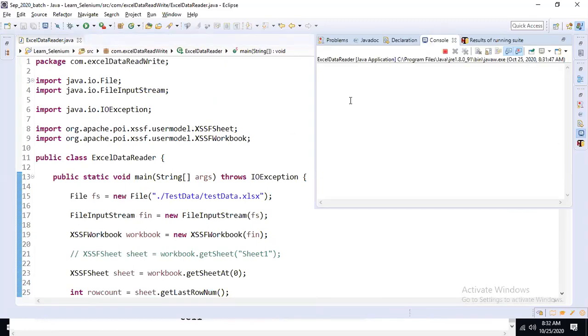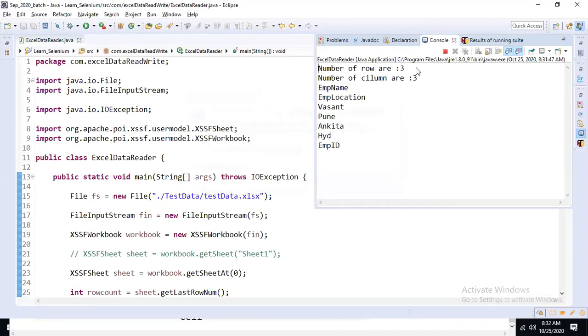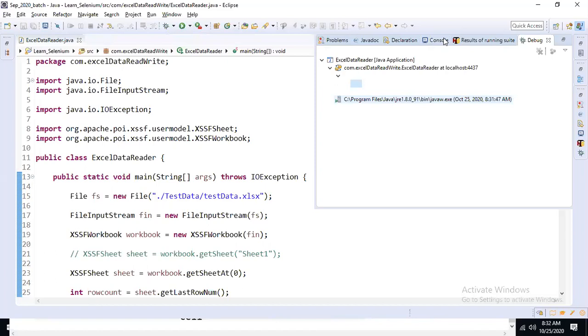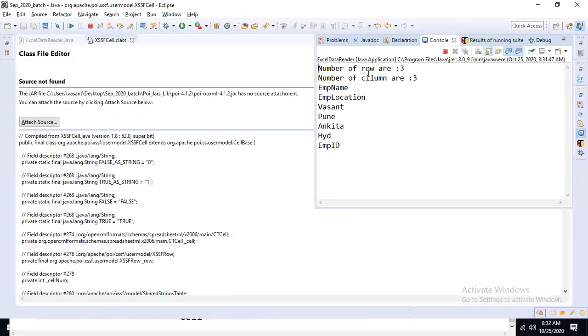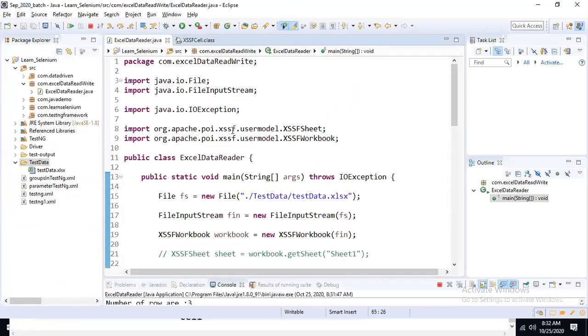So it's not printing anything. Yes. So how many rows are there? You see the console. If you go to the console, how many rows are there? The number of rows is 3 and the number of columns is 3. So at the 0,0 location, whatever data, then 0,1, 1,0, 1,1, then 2,0, 2,1, and then employee ID. Why doesn't it display the data, which is the numeric cell data?